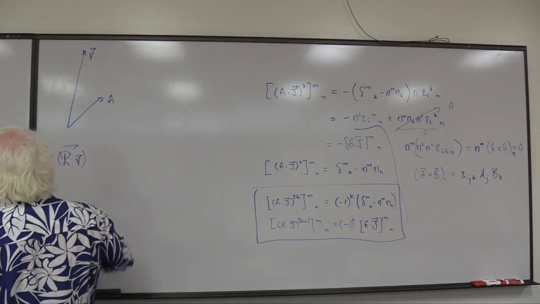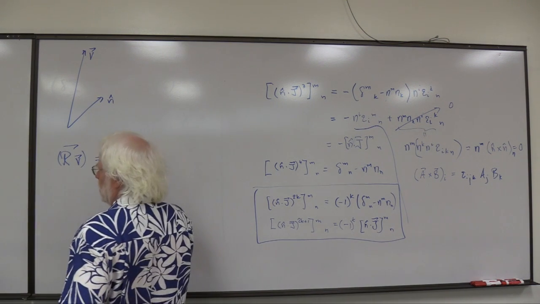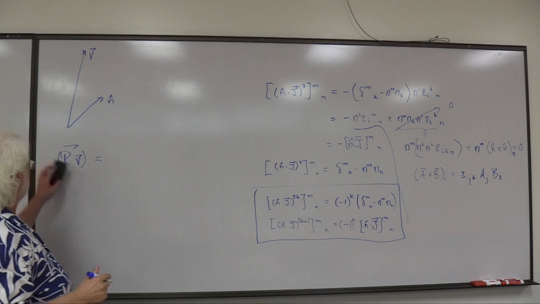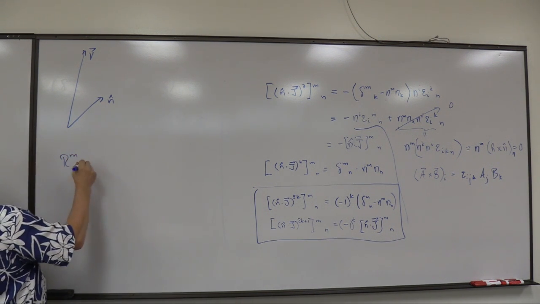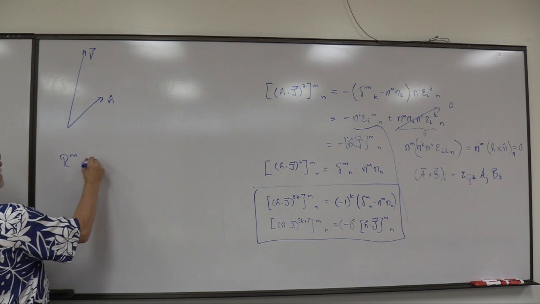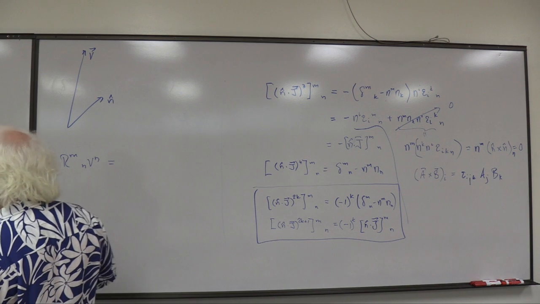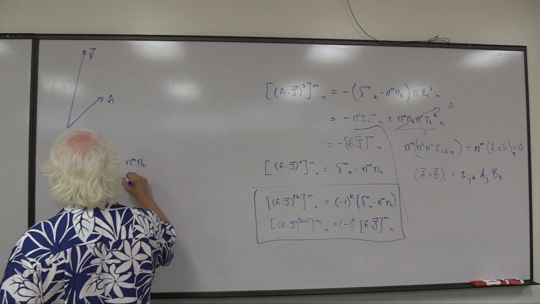So this is going to give us some new vector. What is it? I'm going to let all of this act on n, but what's easiest is to do it in components. So what have we got? We've got nm and n